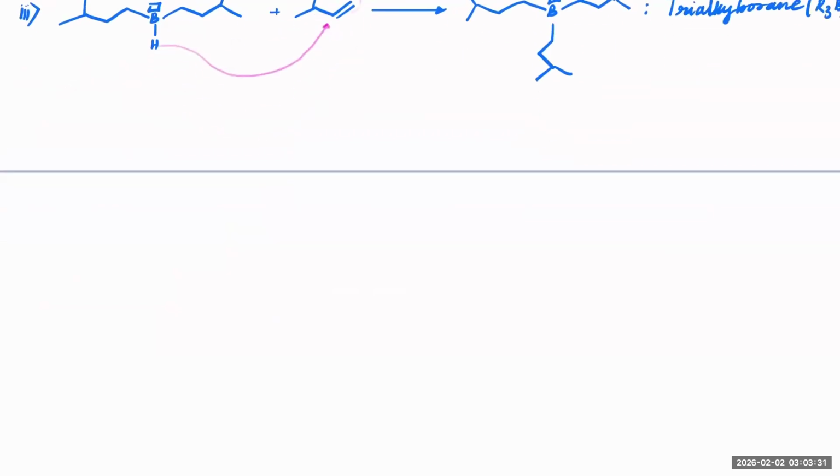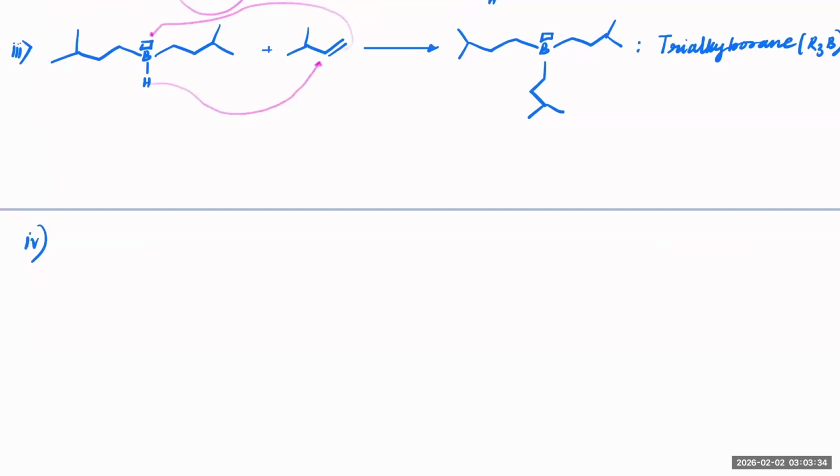Now see, the fourth step is once you have this boron, let me write this as R with boron connected and R with boron connected. And I'll show this one just for our understanding. This is how the compound was. This is also an R group. I'm just showing it for the purpose of how the reaction takes place. Once you have it here, in the presence of peroxide and OH minus, correct? In the presence of peroxide and OH minus, you will notice that 3 moles of ROH will be formed and